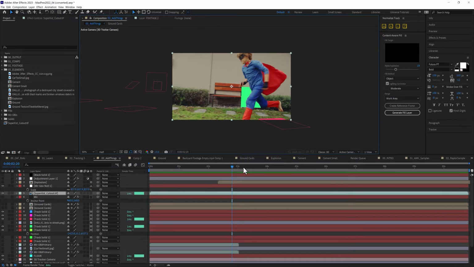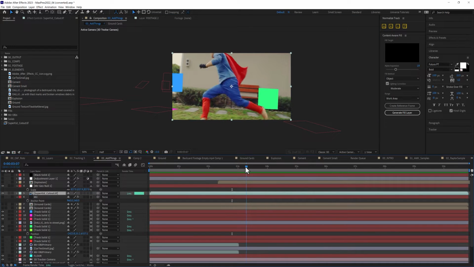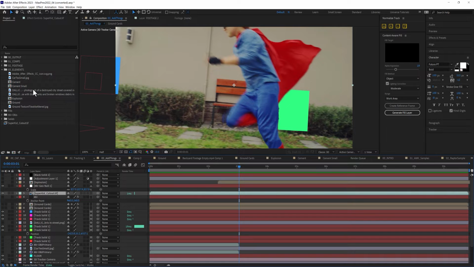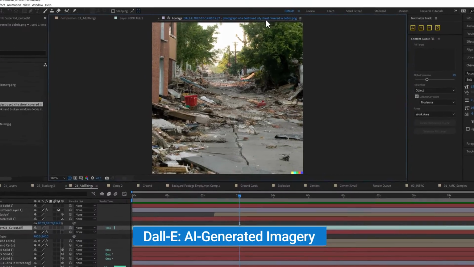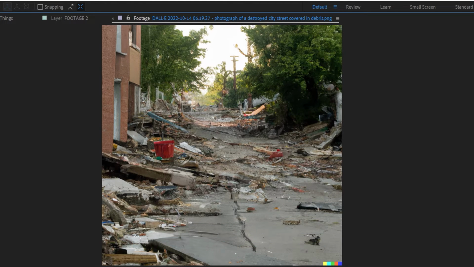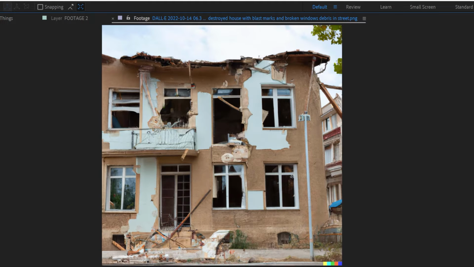And now that I have all these lovely stand-in cards here, one of the cool ways that I can start to do an environment swap, basically just the most low-rent version of one you could do, is to take these little squares and replace them with photos or something else that you want as your environment. I've been very fascinated by some of the cool generative art tools like DALL-E, so I decided to ask DALL-E to generate a photograph of a destroyed city street covered in debris. And that's pretty cool. It looks pretty photographic to me, which is specified by "photograph" there. And I also tried this destroyed house with blast marks and broken windows, debris, and street to generate this wonderful,